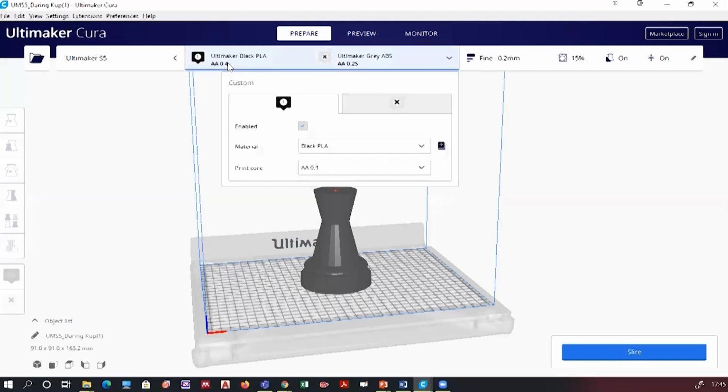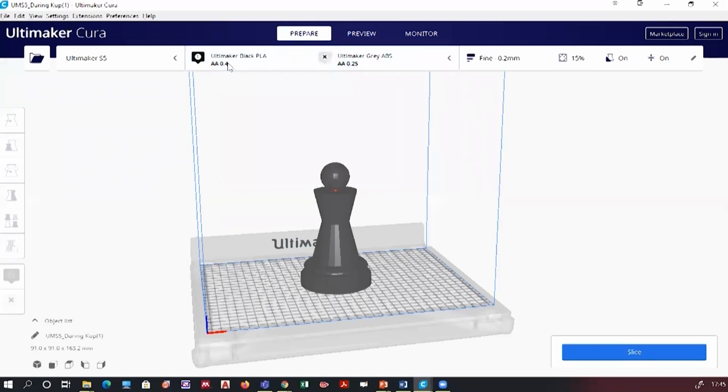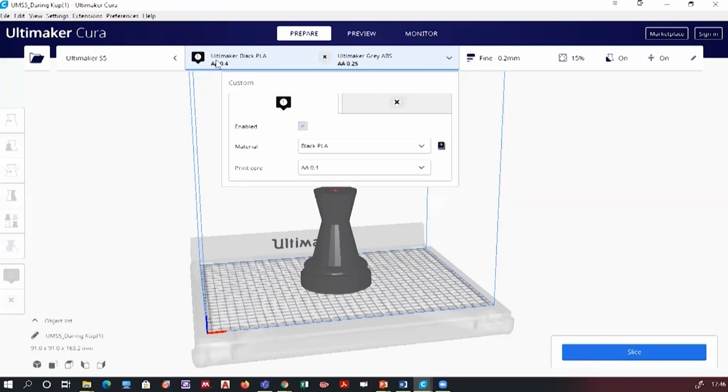So how will you do that? See, you have an option over here: one Ultimaker, two Ultimaker. These are the options for the two nozzles. When you click on this, you have to check whether they are enabled or not. First, you have to enable it.